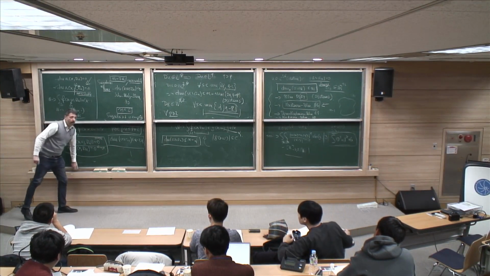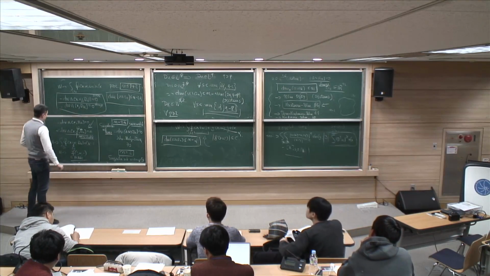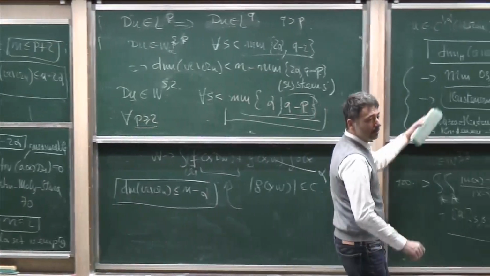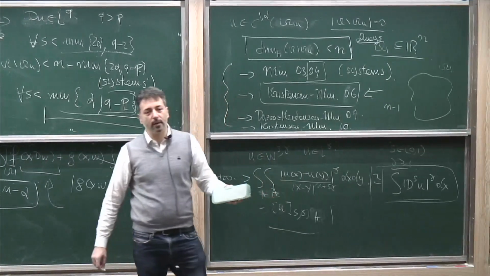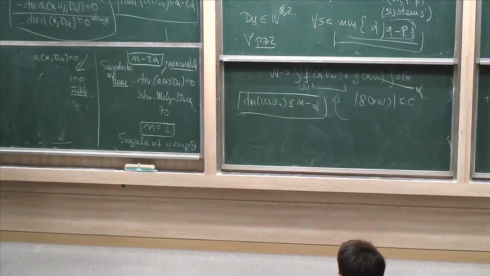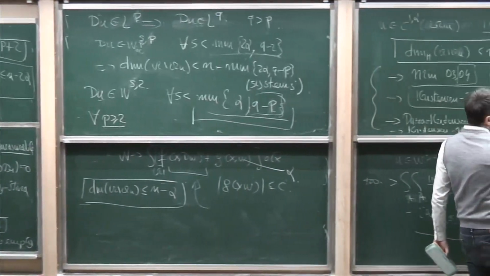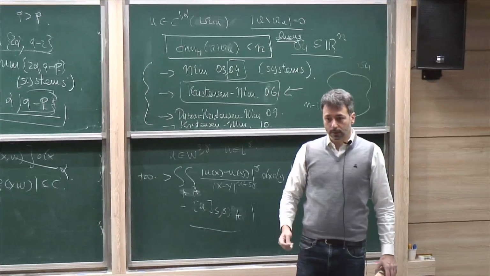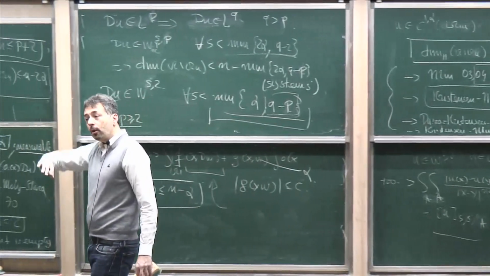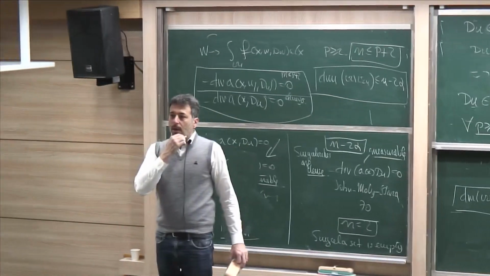So why is this remark important? Because with this result at your disposal, you can finally give an answer to the last open problem of the theory, that is the existence of regular boundary points. As I told you, at that time, even the existence of one regular boundary point was not known. And now, under suitable assumptions, we can find a large class of systems for which almost every boundary point with respect to the surface measure is a